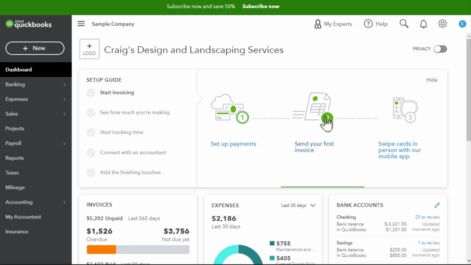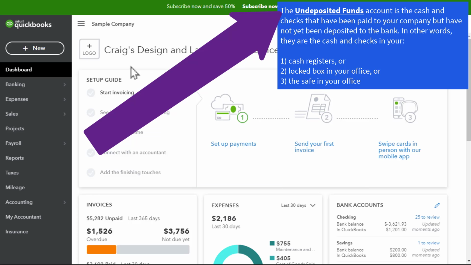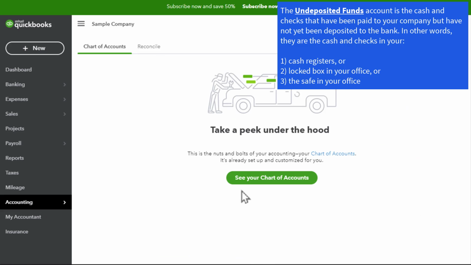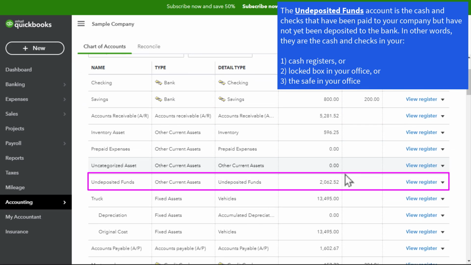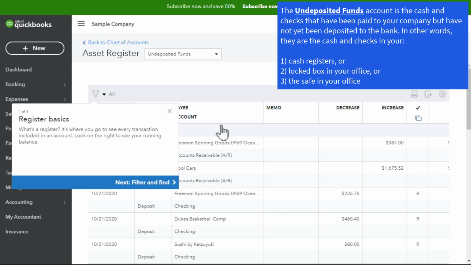just skip over this undeposited funds account that we've been using. So let me refresh your memory about the undeposited funds account. The undeposited funds account, which we can see here in the chart of accounts, here's the undeposited funds account. It currently has $2,062.52 in it. And if we wanted to see what makes up this $2,062.52, we could click View Register, and